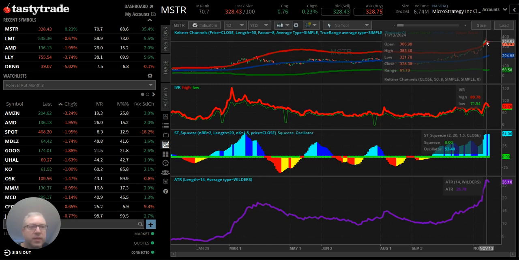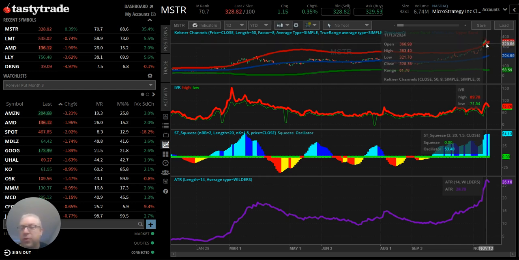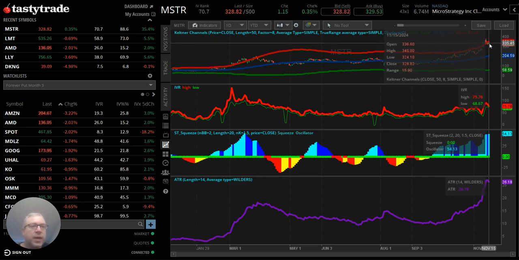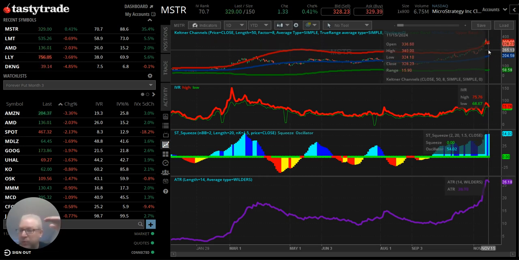See here, the green here. Just if it even gets there, it's insane how overvalued a stock is if it gets to the 8 times the Keltner channel. MicroStrategy passed that, of course. Bitcoin at 90,000. What can you expect? Okay. And now it's still a little down under the Keltner channel, which is around 350. Okay, that's where the Keltner channel, top of the top of the top, 8,